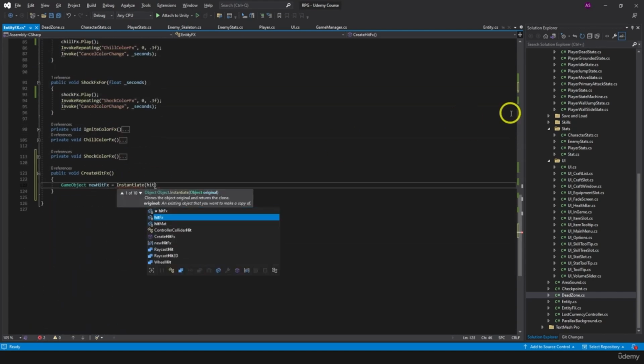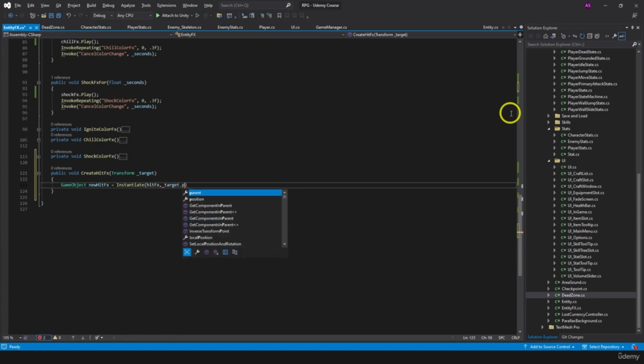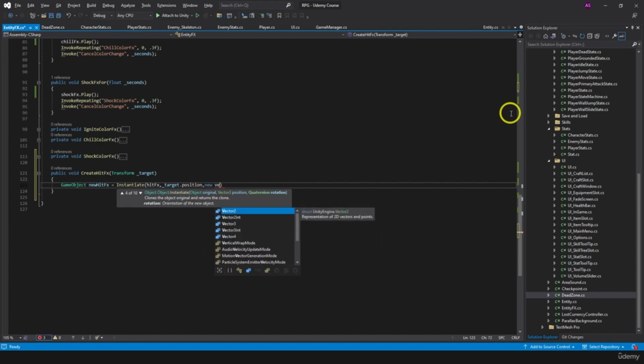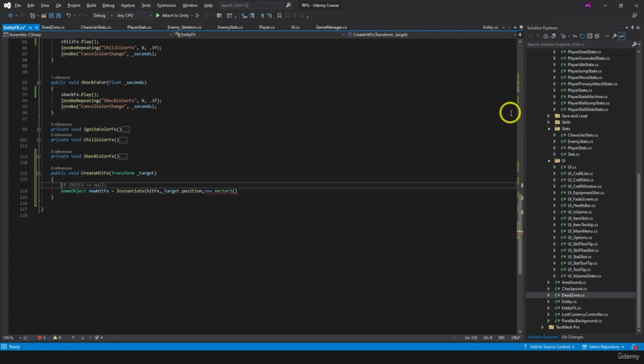Instantiate hit fx. For the position, we need the position of the enemy we get in hit, right? So we hit in, so we're going to have transform target. It's going to be target position. For the rotation, we could do a different rotation every time, so it looks a bit different every time. Let me just do new Vector3, and for the x and y, we're going to do something like